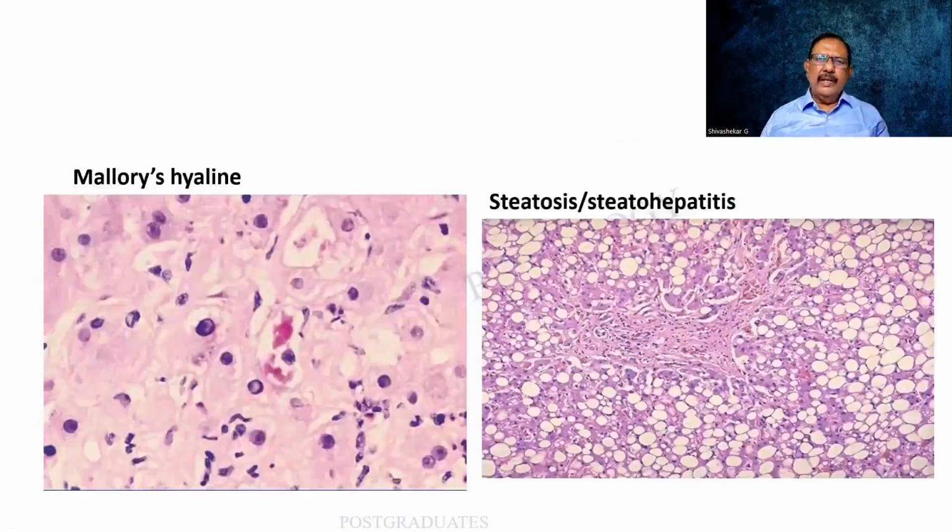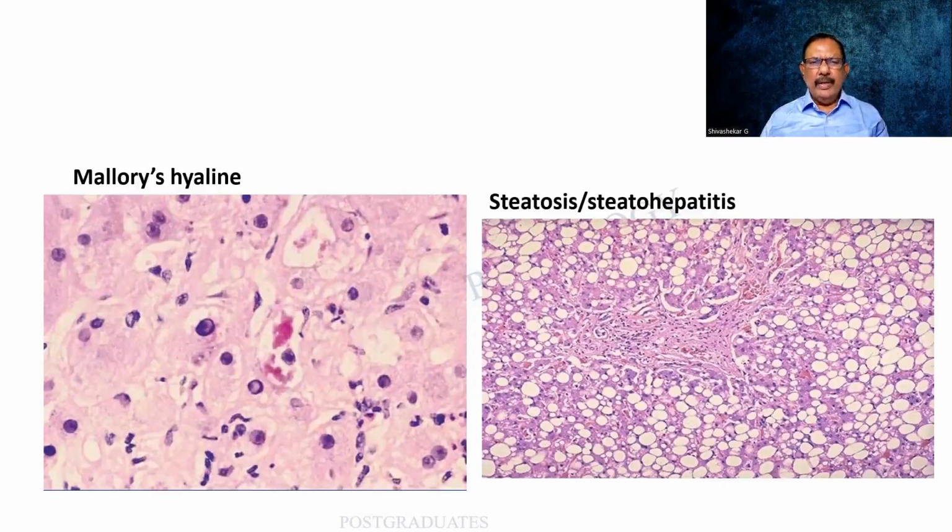The Mallory hyaline, classically we have seen. In alcoholic liver disease, because of the intermediate filaments, you find that there is an accumulation. Earlier it was thought to be just degenerating mitochondria itself. So it is amorphous and irregular within the